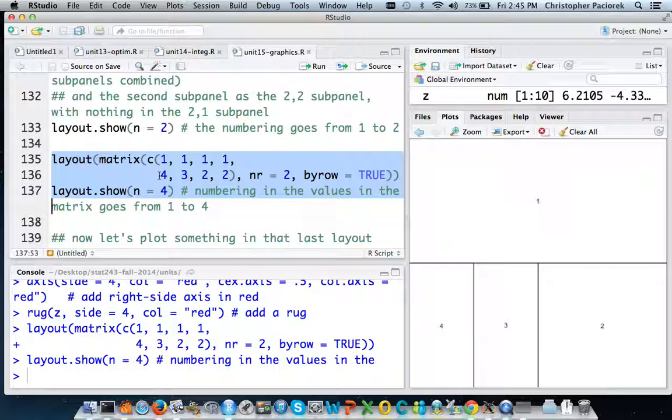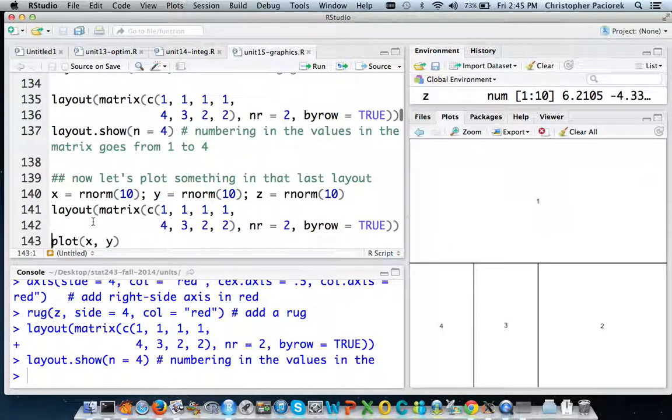And what this matrix in this particular case says is, in the first row, I should have one panel that takes up all of these four potential subpieces. And I'm going to call that one the first panel. And then the fourth panel is going to be this one, and the third panel is going to be this one, and the second panel is going to combine these two potential subpanels. So I can basically rearrange the squares and consolidate subpanels. And then if you wanted to plot within those,